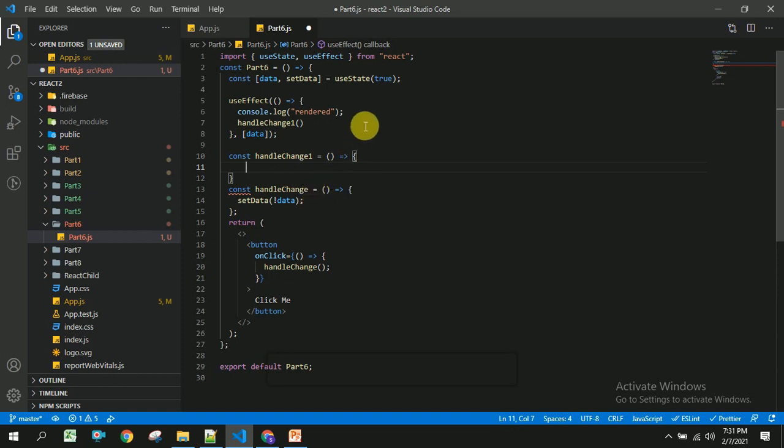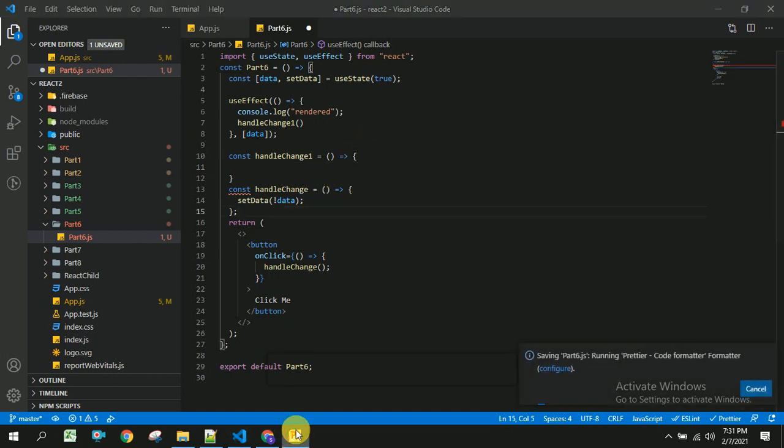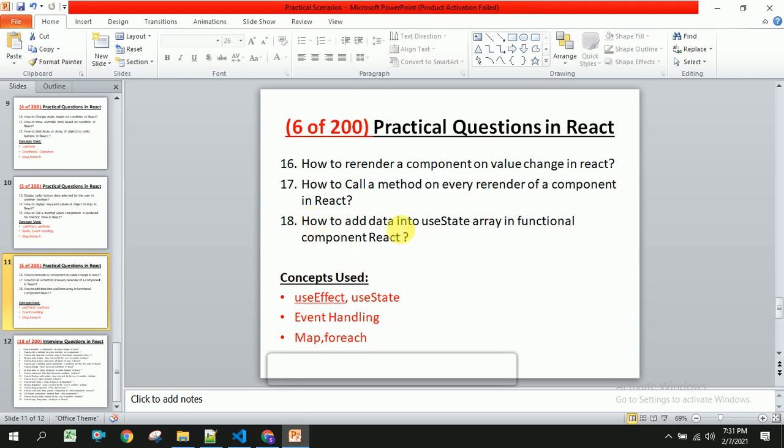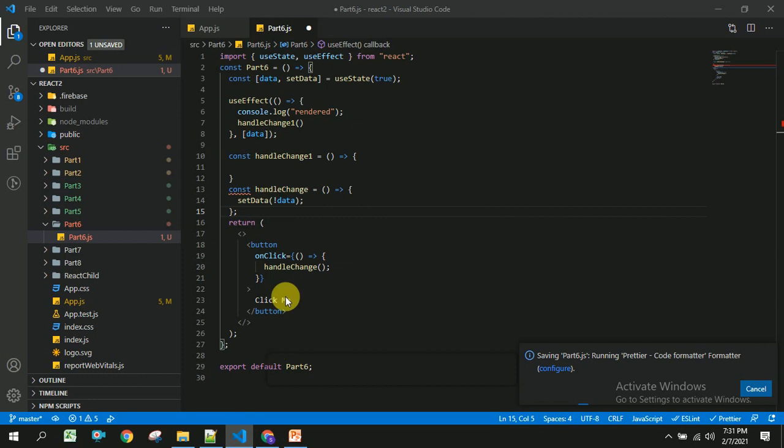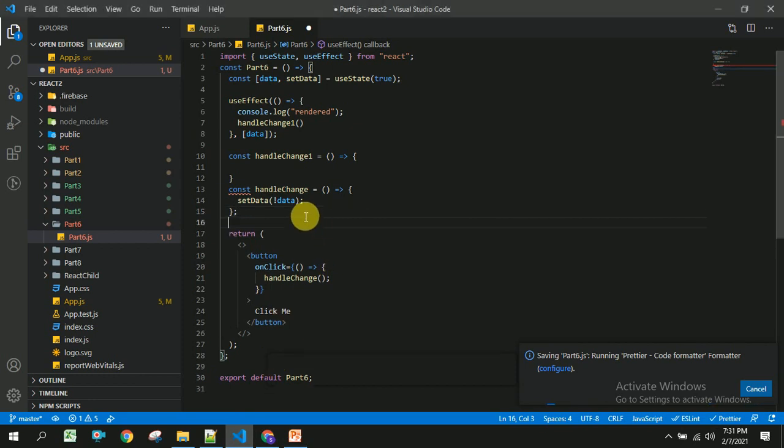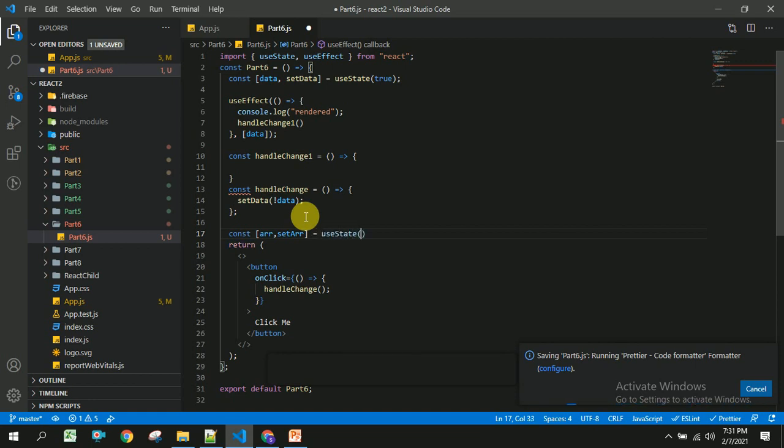So the next one is how to push to an array, or how to add data to an array. For this I am going to use arr, setArr equal to useState of some array.